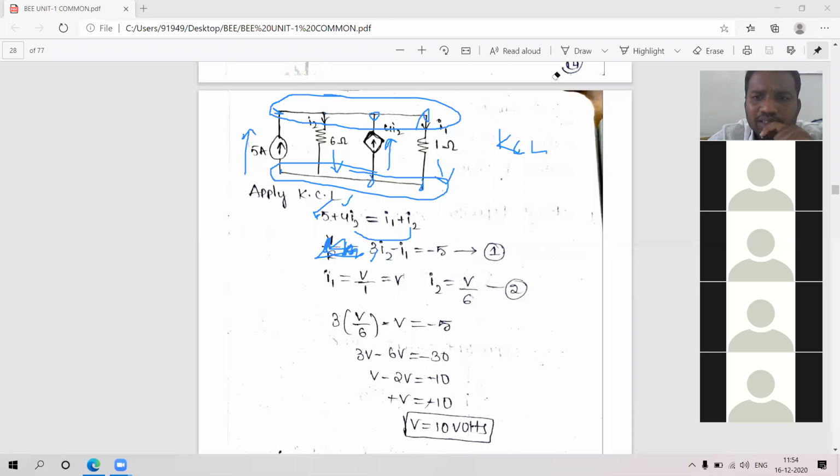So we know Ohm's law. Here I am considering the total node voltage as capital V. Ohm's law: V is equal to IR, so I is equal to V by R. In the I1 branch, what is R? R is 1 only. And the voltage is V, so V by 1, that is V. In the I2 branch,